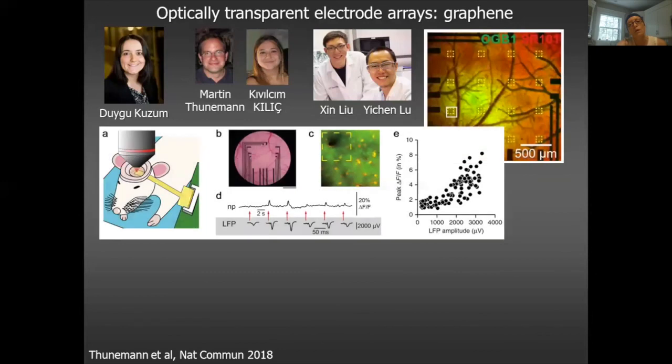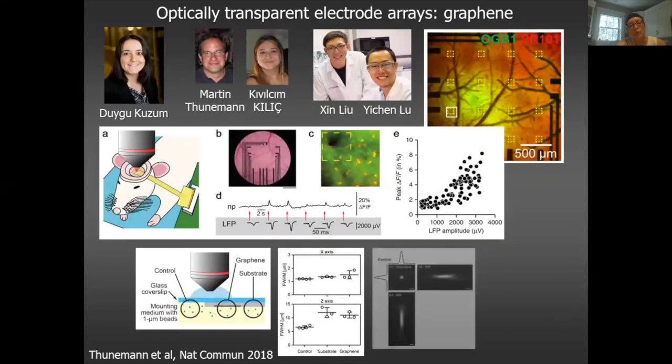So this is from a paper that we published a few years ago. And in this paper, we used graphene electrode arrays. This is in collaboration with Duygu. She's at UCSD, and she's the one who is designing and manufacturing this array technology. We applied this, in this case, under anesthesia, and this is an array that is placed on